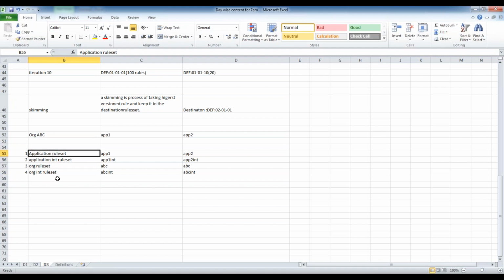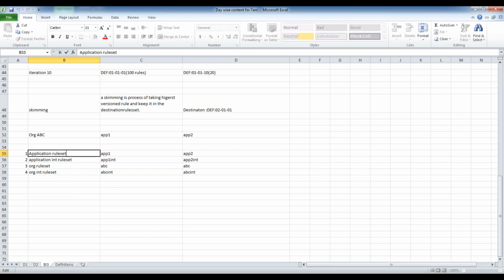So what this exactly means is that the rule set on the first number can reuse all the rules from the rule sets below it. That means the first number rule set can reuse the rules from 2, 3, 4, 5. The second number rule set can use all the rules from 3, 4. The third number can use from 4.